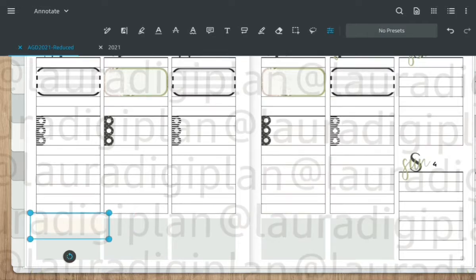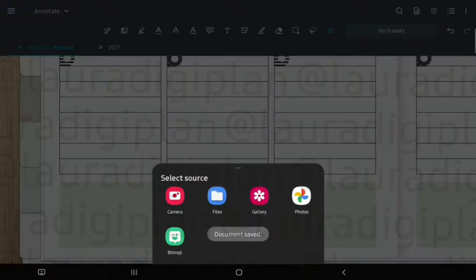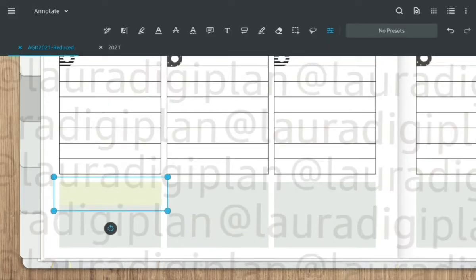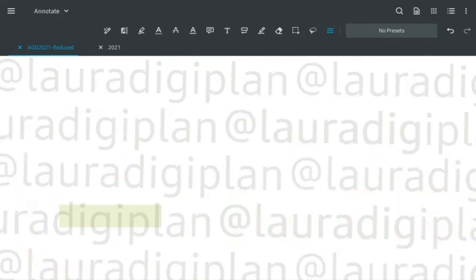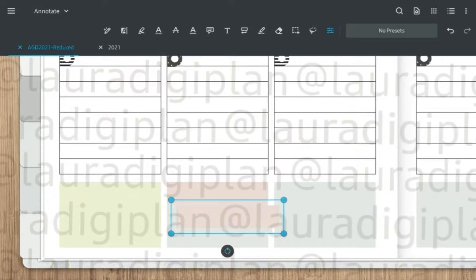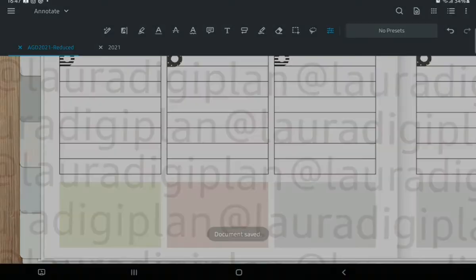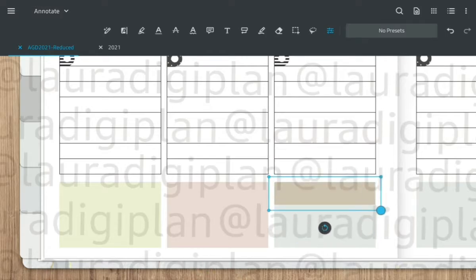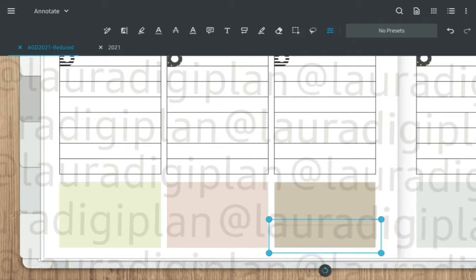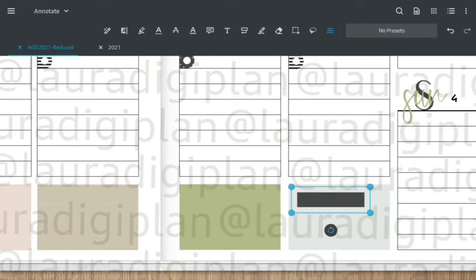And the next thing I'm doing is adding the colour blocks to the bottom of the page to make these bottom spaces match the rest of the spread. I think we've got 5 different colours in this set. They're all sort of greens and creams, pastel-y as normal, because we know that the designer of these stickers loves her pastels. So here we are then with a light green, a peachy skin colour and a sort of tan, and now a darker green. And the next one I use is the charcoal black